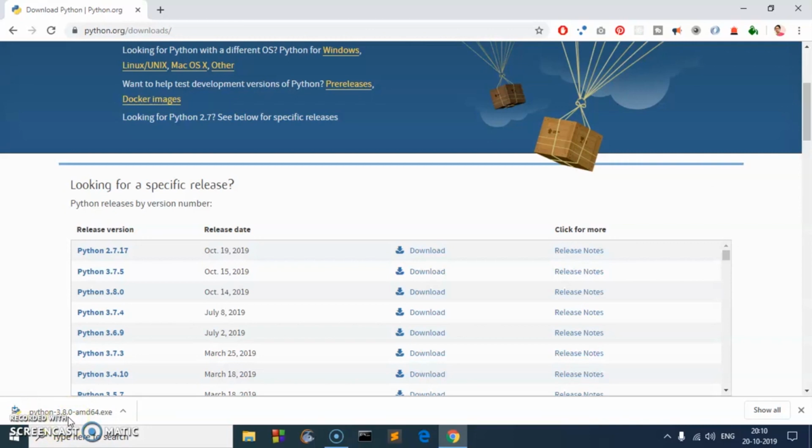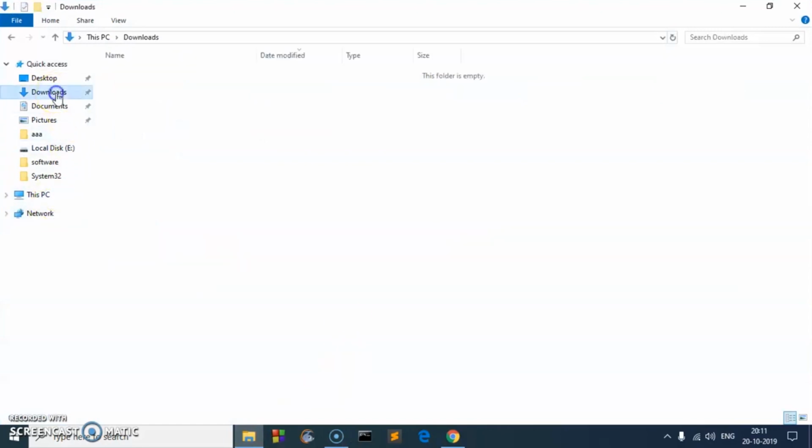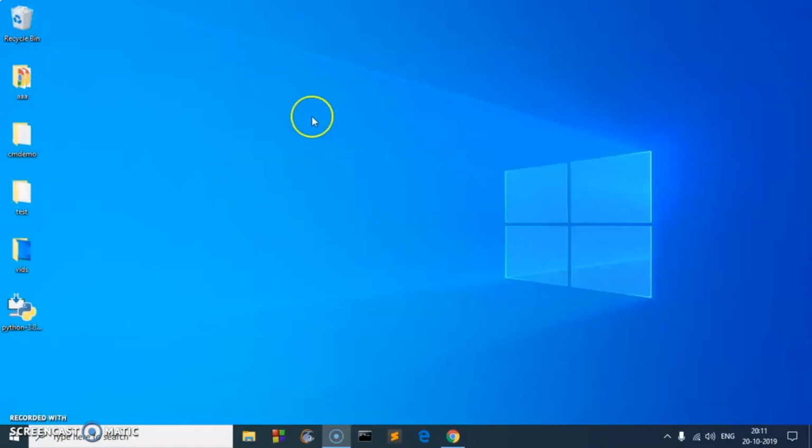I can go ahead and click on it, or what I can do is minimize my browser and go to the section wherever the Python is downloaded. So in my case it's the desktop. It could be in the downloads folder for you. Okay, so I'm going to double click on it. So simply go ahead and double click on this